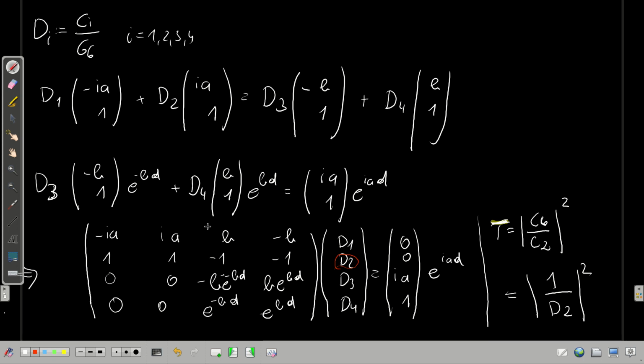So one way would be to invert this matrix, but since we are only interested in D2, we can also work with Cramer's rule from linear algebra. So apply Cramer's rule, then D2 would be